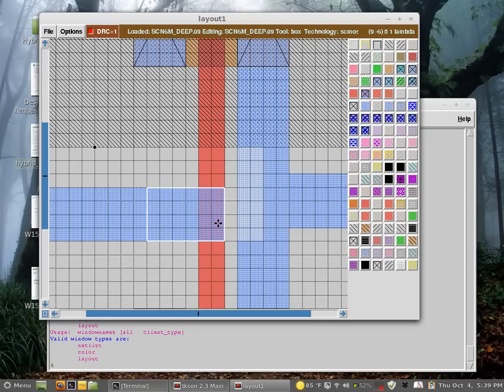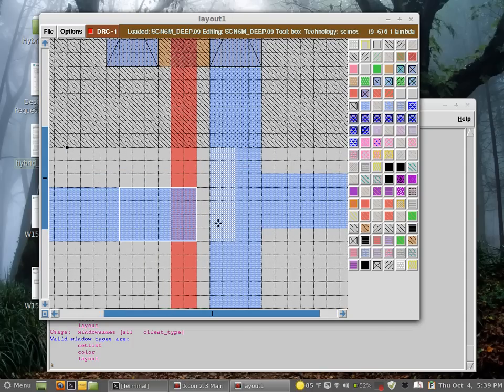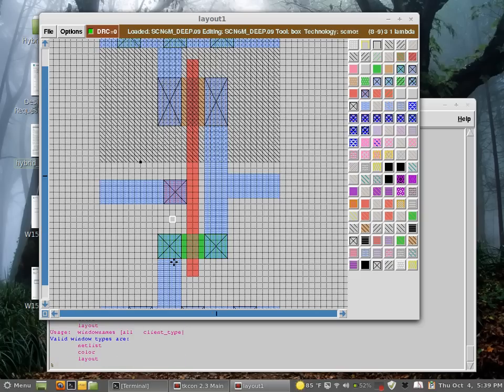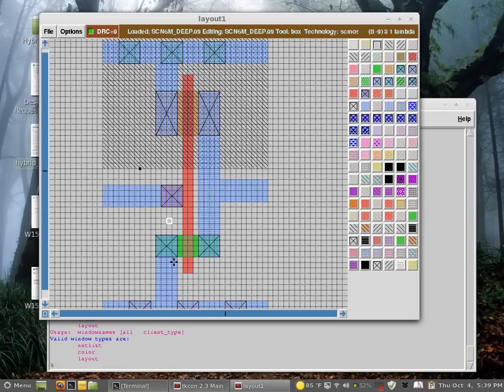So you can see two metal connections cannot be closer together than 3 lambdas. So metal 1 cannot reach here. So I have the minimum distance for the contact is here. Okay. And this is a very, very important trick,